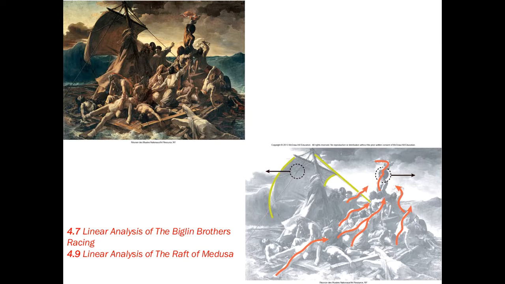The Raft of the Medusa has two conflicting focal points led up to by diagonals. There's another diagonal here as well, but our eye is going here, it's going here, and the tension in this painting is the fact that they're getting pushed out away, out to sea, away from where the ship is rescuing them. So that's meant to create drama and even more tension than